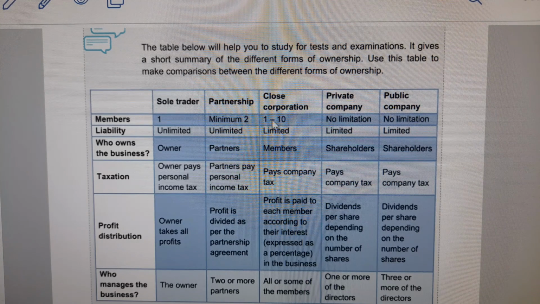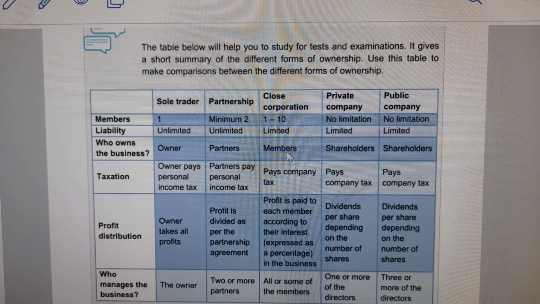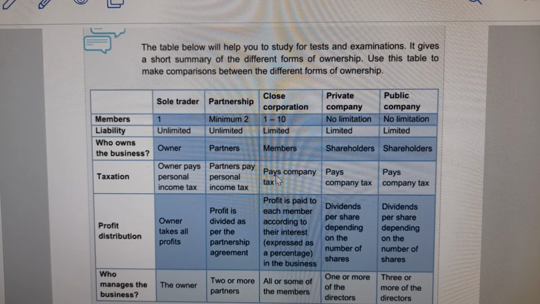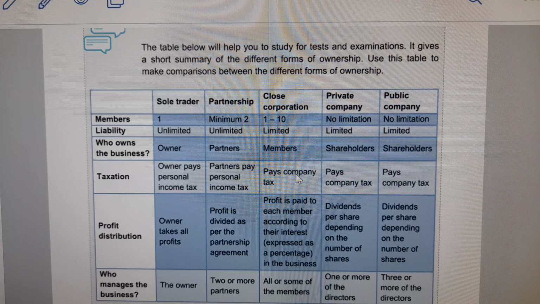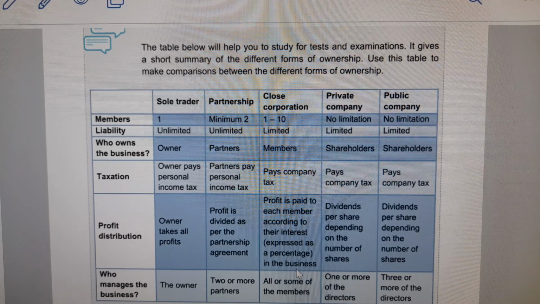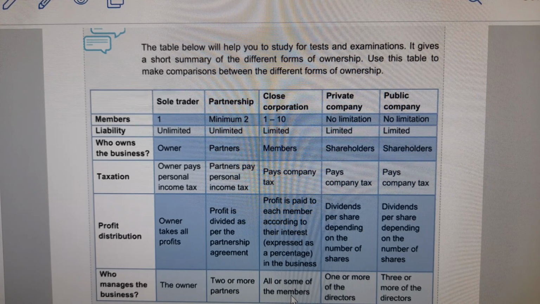It has got 1 to 10 members. Liability is limited, and the business is owned by members. The business pays company's tax, and profit is paid to each member according to their interest expressed as a percentage in the business, and all or some of the members